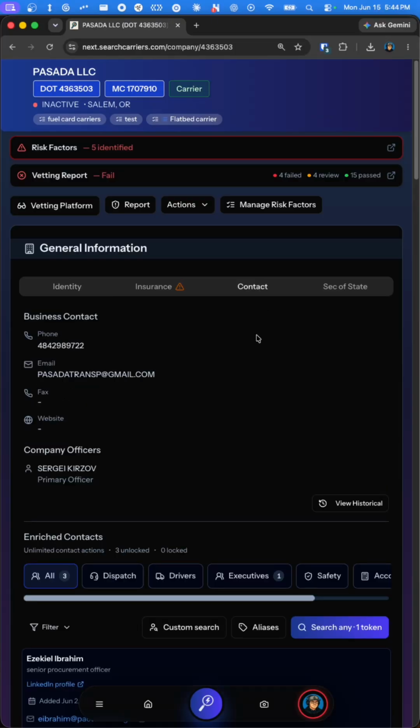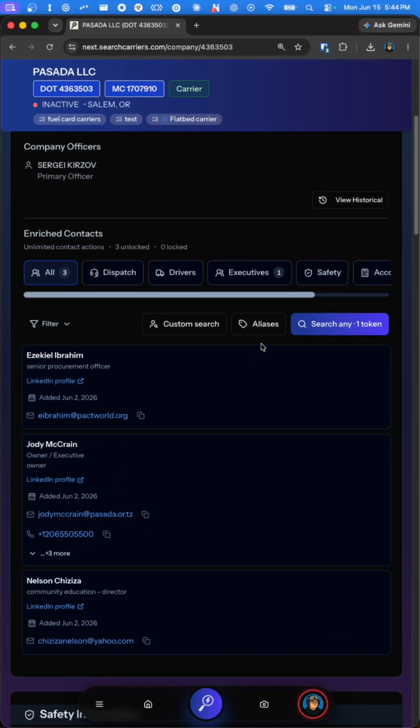Going over to our contact system, we have a brand new update. So in version 1.19, we introduced enriched contacts. In version 1.20 released today, we introduced aliases and tightened up the contact search. We had reports of some companies coming back that had like 3-letter acronyms coming back for the wrong company. So what we've done is we've tightened it up, made sure that the company definitely matches if it pulls it